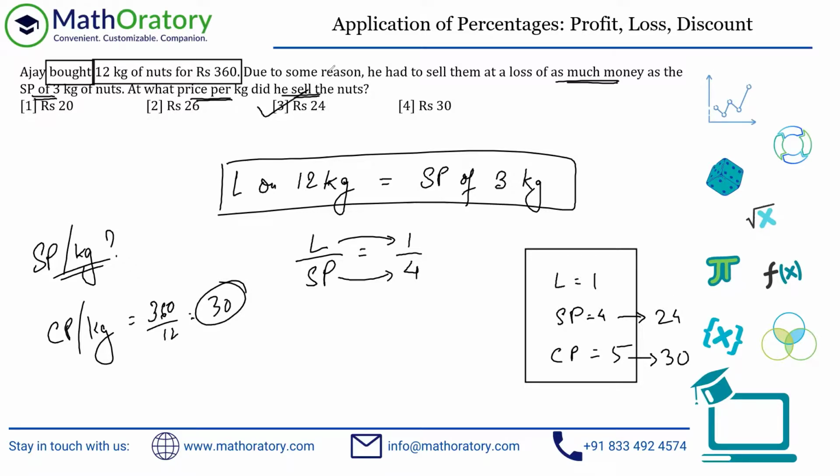This last bit is just a ratio understanding. It's a scalable understanding which you can use. It helps us in a lot of different types of questions. By the way, in this question, it could have very well asked for the loss as a percentage, or the loss value. The loss value could also have been asked. So 5 is scaling up to 30, so 1 should scale up to 6. So this should be the loss value per kilo, of course. It could have asked for the entire 12 kilos.